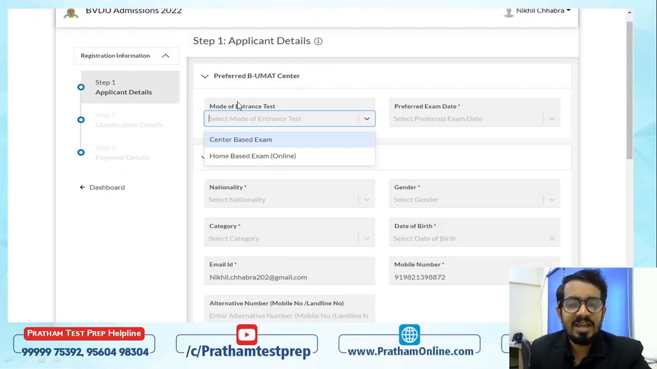Once I do that, I will have two options. Okay, these are the important points. Mode of entrance test. Okay, now yes, we will be having this query कि मुझे सेंटर बेस्ड एग्जामिनेशन चूज करना चाहिए या होम बेस्ड एग्जामिनेशन चूज करना चाहिए. सो दैट इज प्योरली योर चॉइस कि आपको सेंटर पे जाके एग्जाम देना है या आप घर पे एग्जाम को देना चाहते हैं, दैट इज प्योरली योर कॉल।